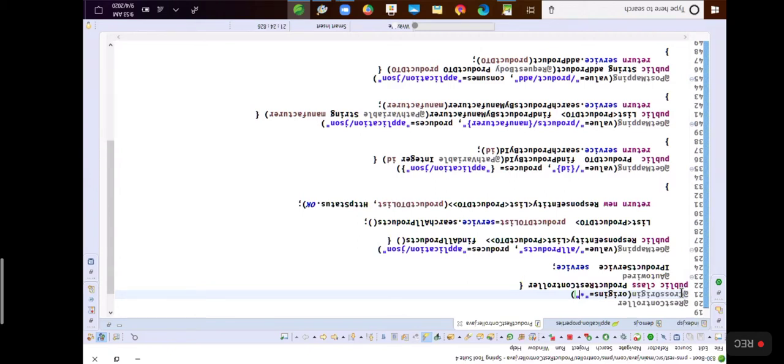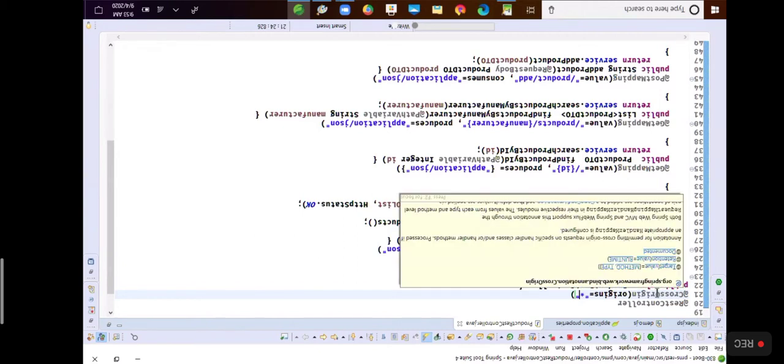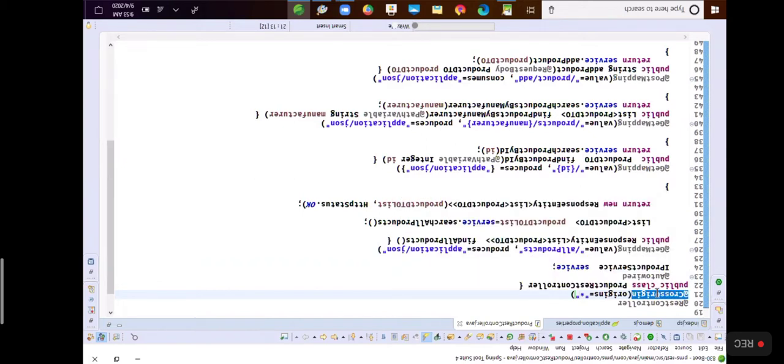Are you clear? Now this is called @CrossOrigin. This is at controller class level. If you add this annotation at controller class level, all the endpoints defined in this REST controller enable cross origin resource sharing support.